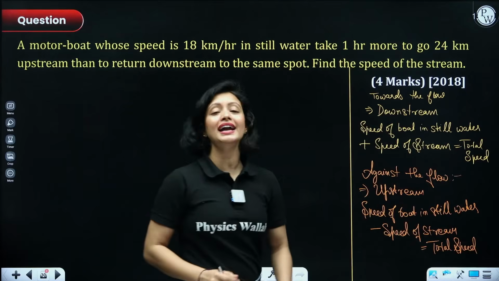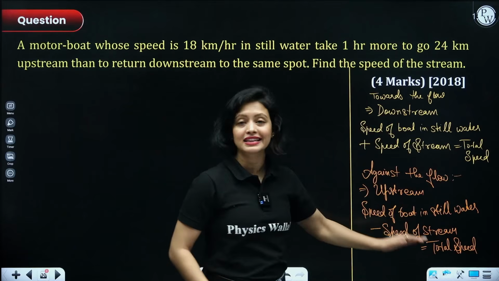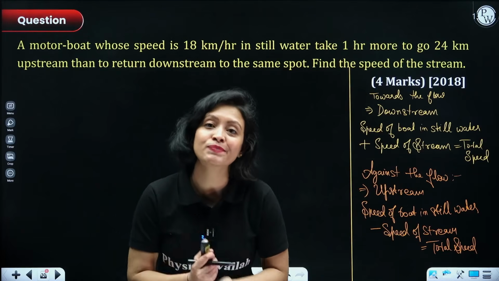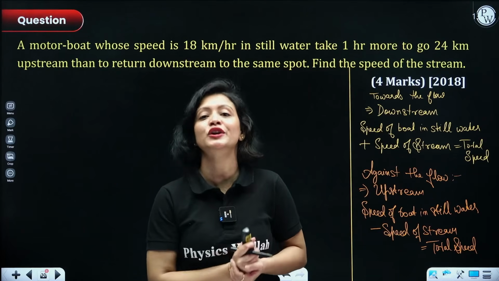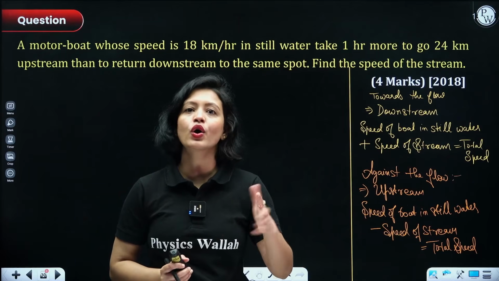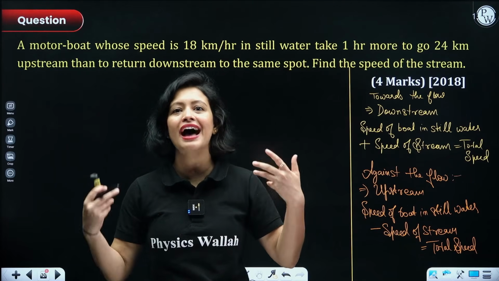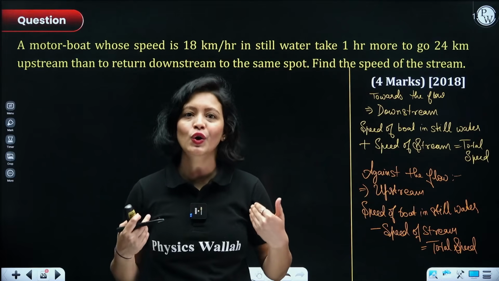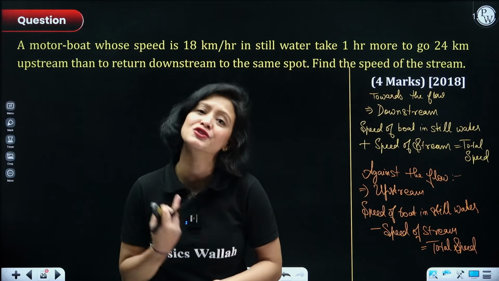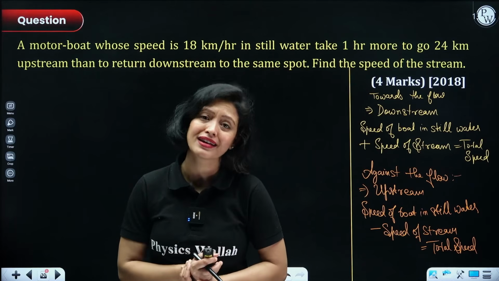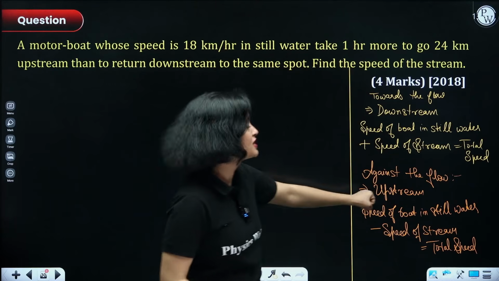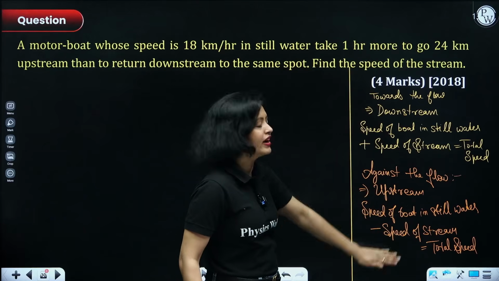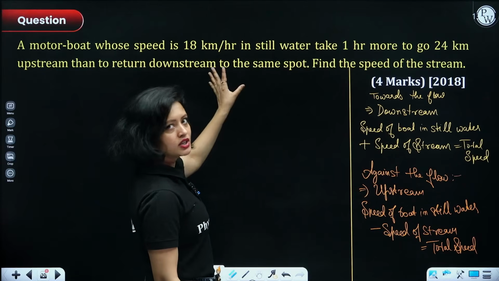Understood? Now, why did I not write this like this, ki speed of stream minus speed of boat in still water? Because guys, if speed of stream was greater than speed of boat in still water, then the boat would not have gone upstream. It would have stopped working. It would go downstream then. Yes or no? So that's why speed of stream has to be less than speed of boat in still water. It cannot be more in the upstream wala case, right? It cannot be more. Okay, so this is the small funda with which this question can be done.